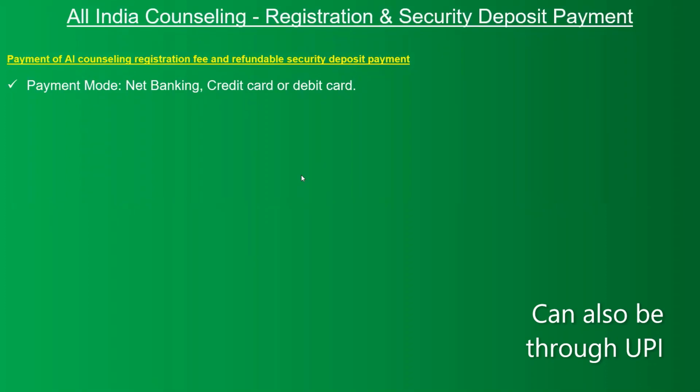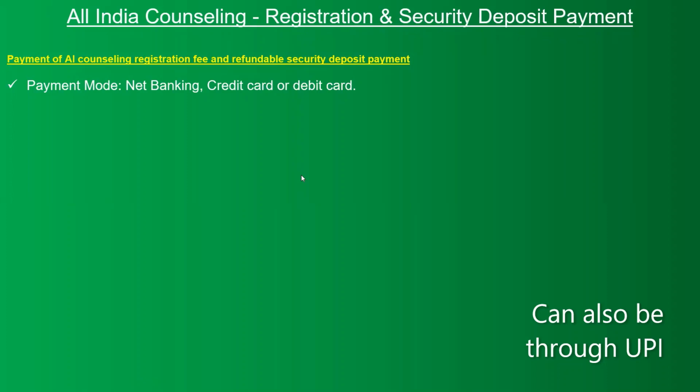You don't need to add a bank account, wait for a few hours to get the bank account added, etc., and then make the payment with the IFSC code, etc. All those fundas are not relevant here. You directly make a fee payment through a payment gateway through net banking, like you do it for a Swiggy transaction or an Amazon transaction. Now, you can also do it through a credit and debit card. Almost all banks' net banking will be allowed in the payment gateways. Even if your bank is missing in the net banking list, you can use your debit card to make the payment.